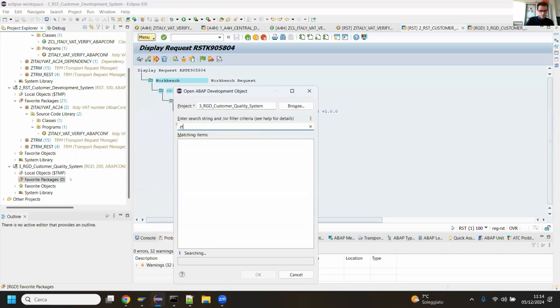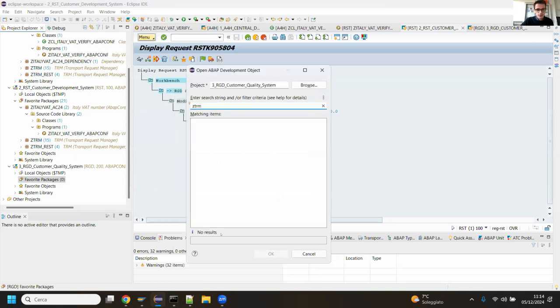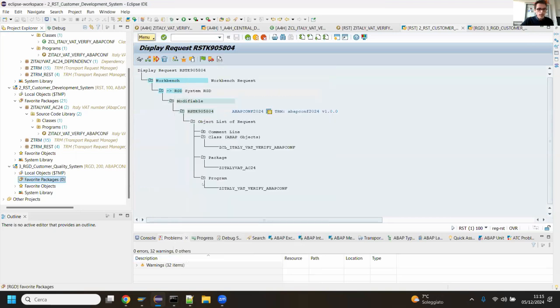We check. There's no TRM backend package on RGD. That's searching, but there's not going to be any results. There you go. And what I'm going to do is get my transport request in my quality system. This is the same practice that you will do normally. So